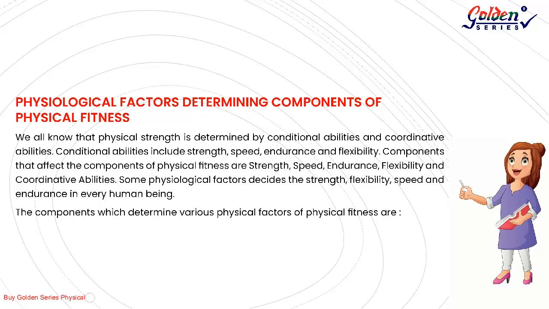Physiological factors determining components of physical fitness. We all know that physical fitness is determined by conditional abilities and coordinative abilities. Conditional abilities include strength, speed, endurance, and flexibility. Components that affect physical fitness are strength, speed, endurance, flexibility, and coordinative abilities. Some physiological factors decide the strength, flexibility, speed, and endurance in every human being. The components which determine various physical factors of physical fitness are